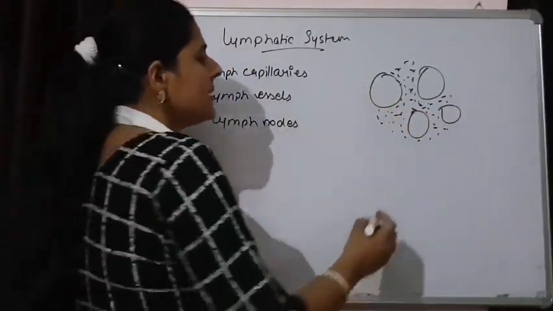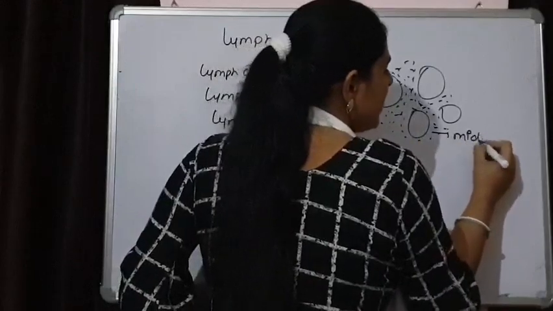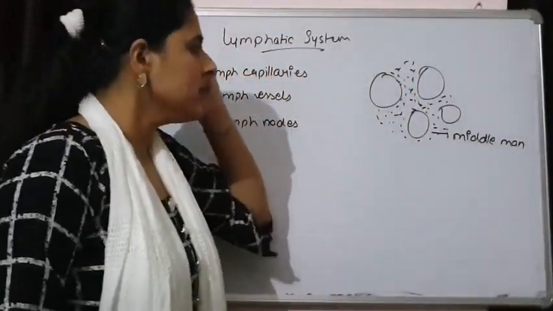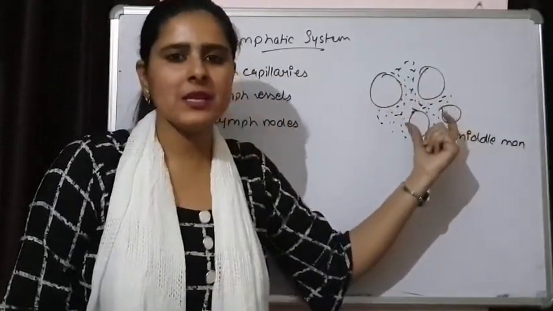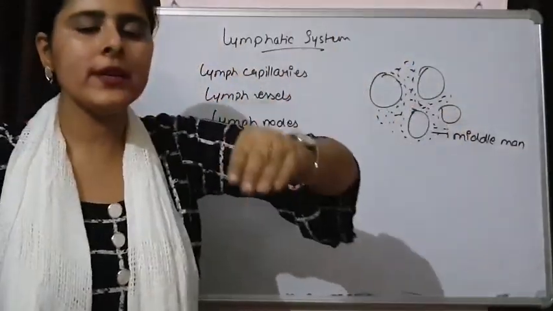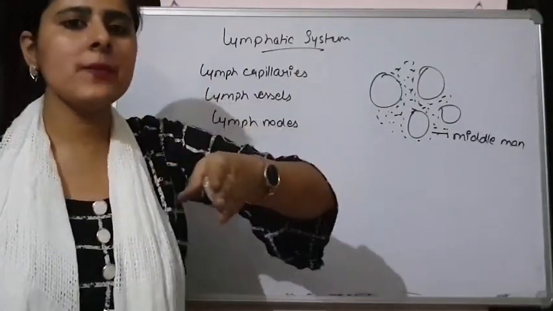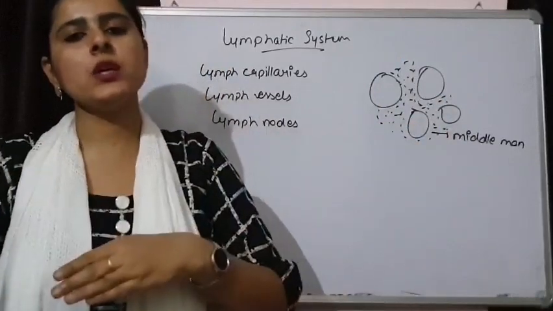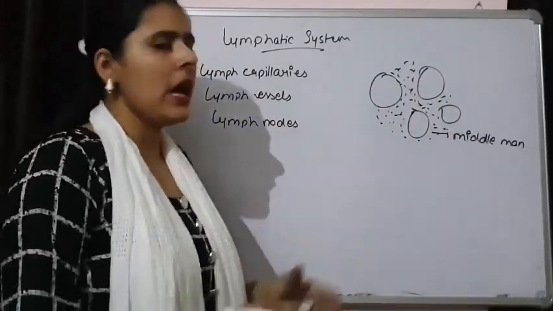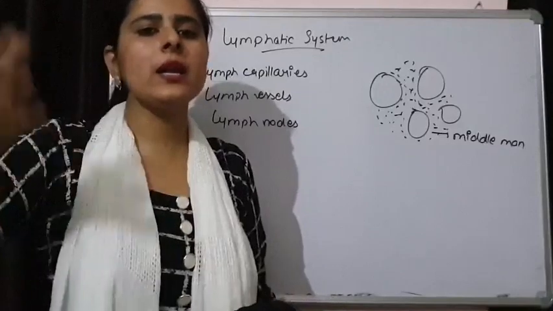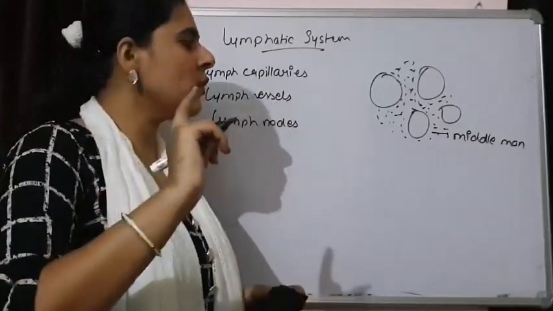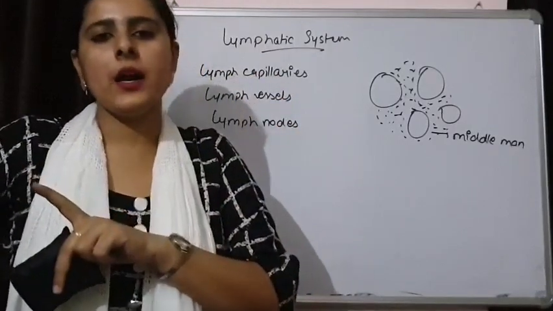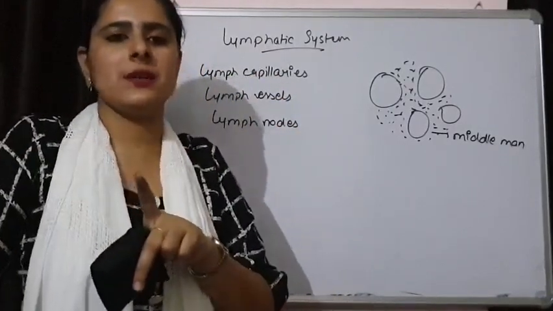The second thing is, this lymph is acting as a middleman. Here some large size proteins are present. This lymph is going to enter into the blood, into the venous system, and from here it is going to transport all the important proteins back into the blood. Because of this, these proteins are again added into our circulation. So it moves in only one single direction, from the tissues towards the heart. So only single movement is there.